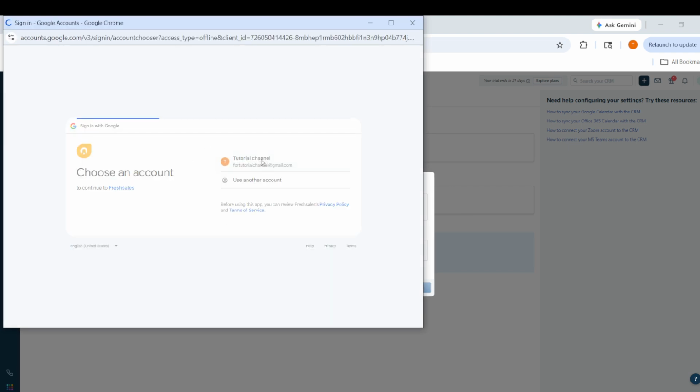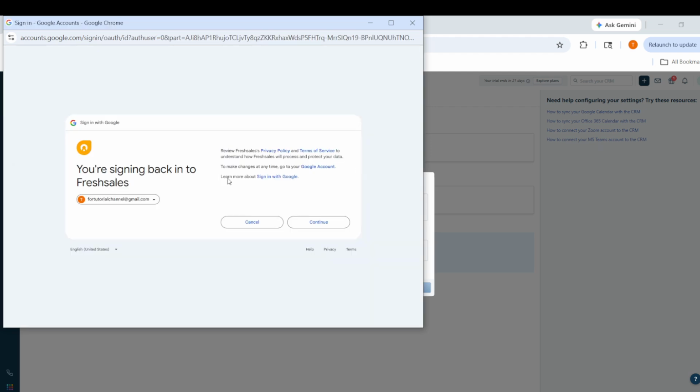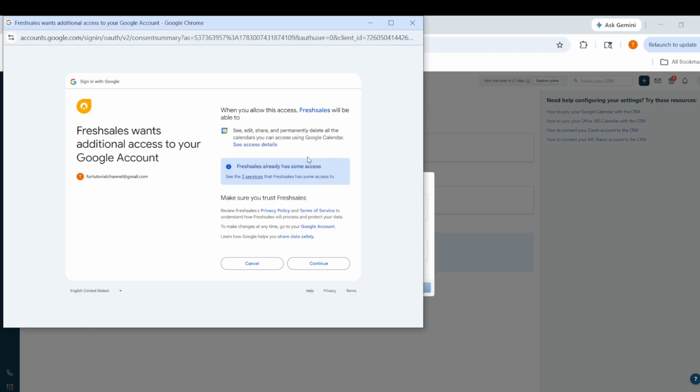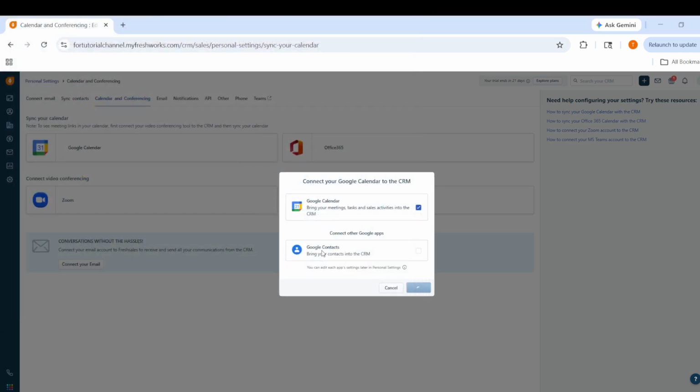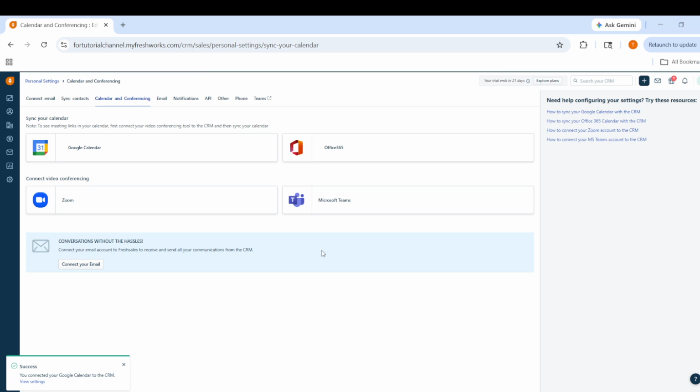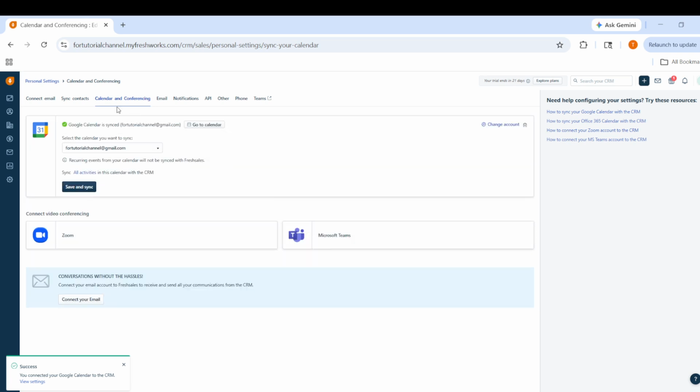If a login screen appears, enter your credentials and continue until you reach the authorization or permission screen. After that, grant the requested permissions. This step allows Freshsales to view and sync the calendar information you choose during setup. Read through the permissions carefully and confirm you understand what access is being requested. This is the point where the connection becomes active, so granting the permissions is necessary for Freshsales to communicate with